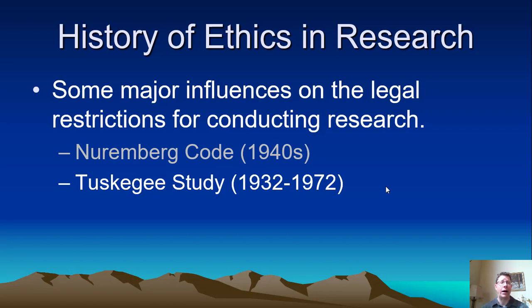This started before, but continued after the Nuremberg Code. The Nuremberg Code should have outlawed a lot of this research, but they continued it. So they deceived the participants, they withheld treatment, which is probably the worst part of this, and followed these men until they died. And it wasn't until years later that President Clinton offered an official apology to the families. I think there were some survivors of the Tuskegee study.